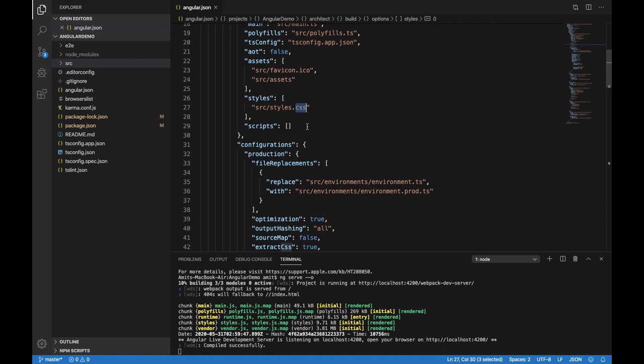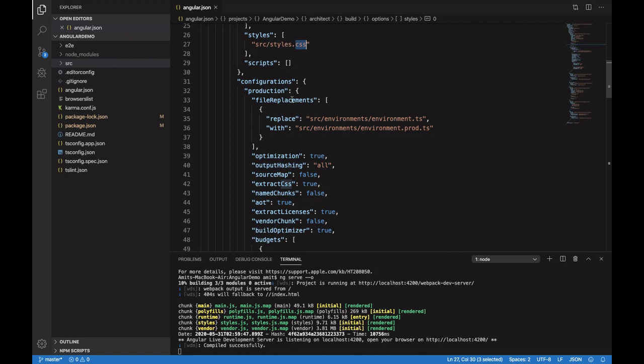So whatever properties, key value pairs we are seeing in this file, we can change all these properties via commands which are used while creating your application. Apart from that, if you go to configurations and come to production, these are the configurations which are going to be used when you create a build for the production environment.